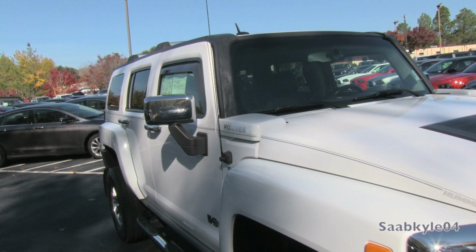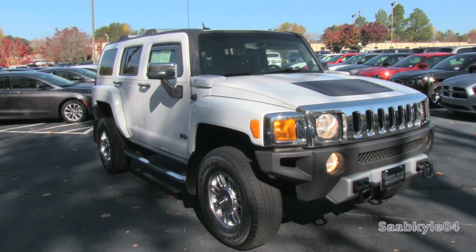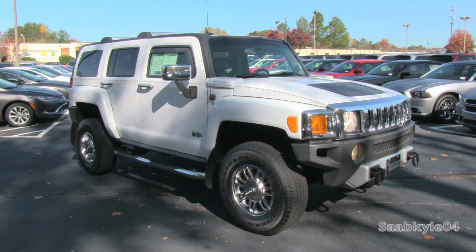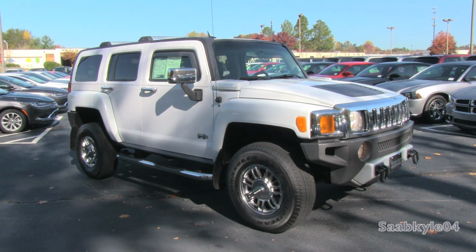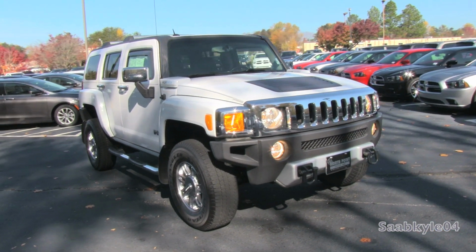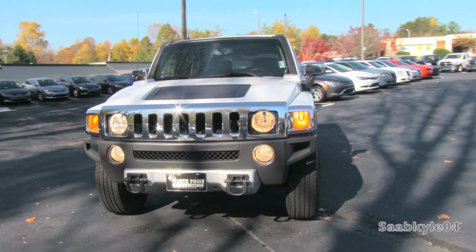The H3 lineup was the third and final new vehicle series from Hummer, representing the smallest offerings behind the H2 and legendary H1. I've always been a big fan of the brand. Their slogan, "Like Nothing Else," resonated throughout their products. Whether it's your cup of tea or not is totally up to you, as they're quite polarizing for many, but